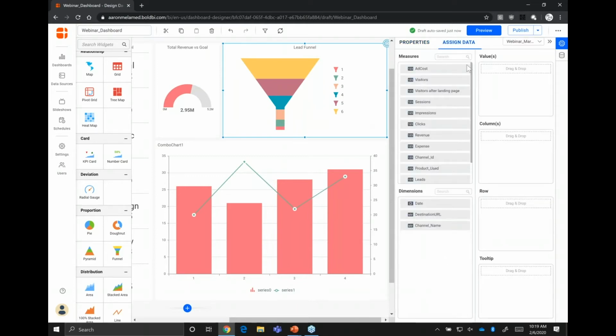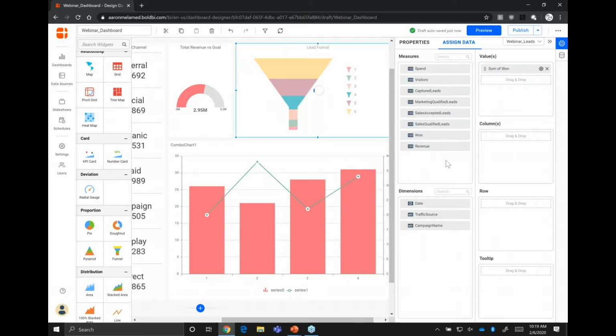So moving on to assign data. In this case, I'm actually going to change my data source to leads. And now I'm going to start setting up the funnel itself. So I'm going to start by putting in our conversions. Now I'm actually going to work this one backwards in order to populate the funnel in the correct order. So then we go to sales qualified leads,